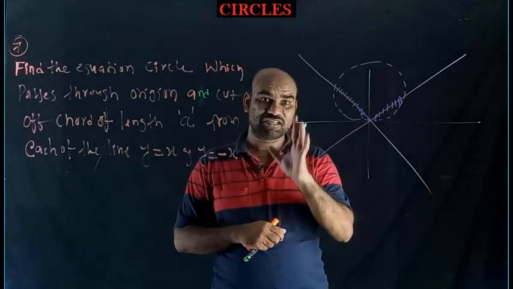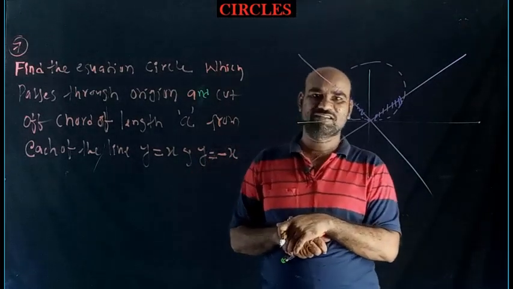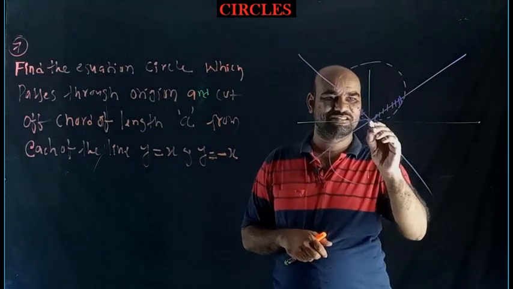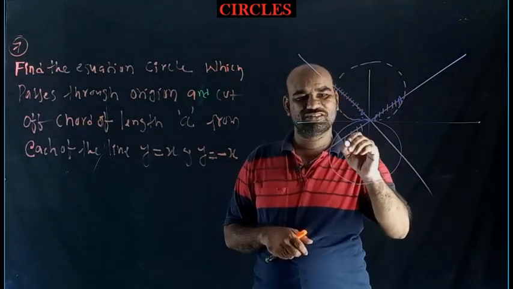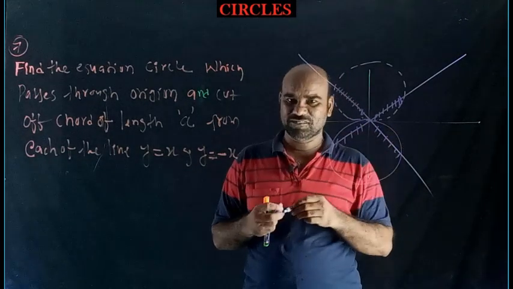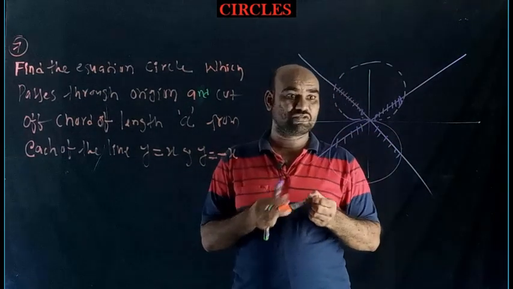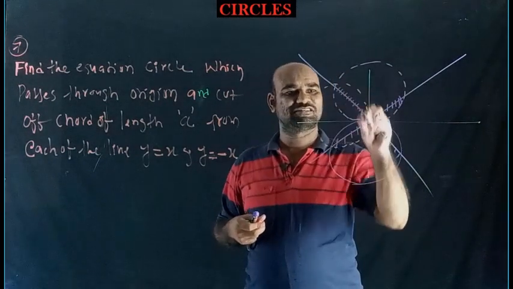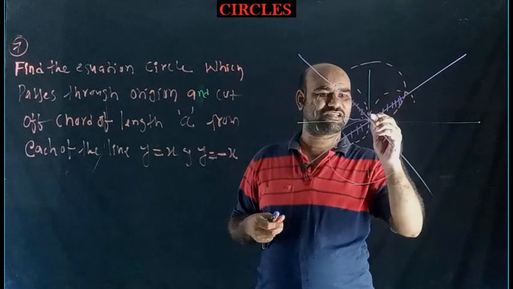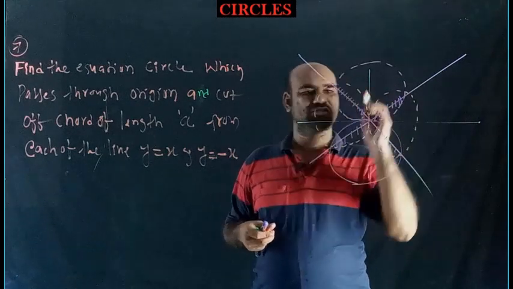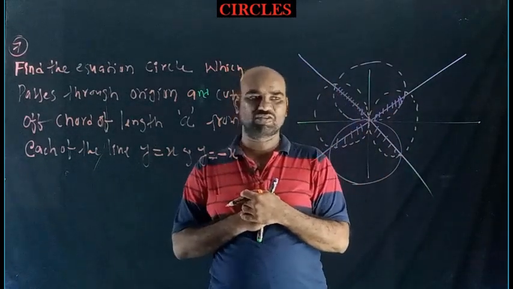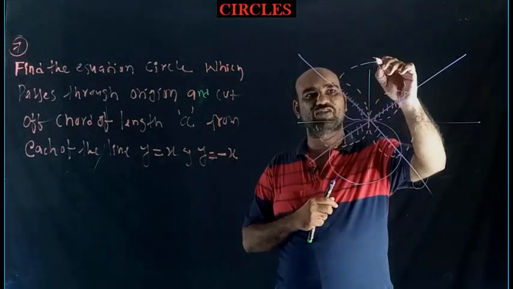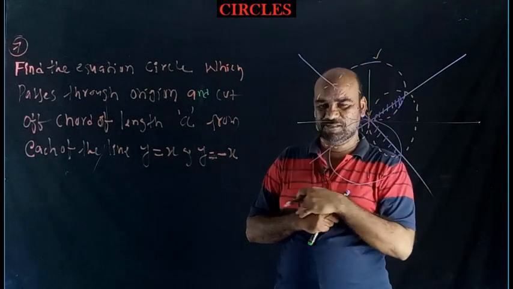Interesting thing is there exist 4 such circles. This is one of the circles, or another circle. See, this is also passing through origin. This is equal to a. This is also equal to a. So 2 more circles exist here. See, this is also another circle. Here also we get another circle. So there exist 4 such circles. You want to find the equation of all those 4 circles. So first of all, I want to find the equation of this circle.